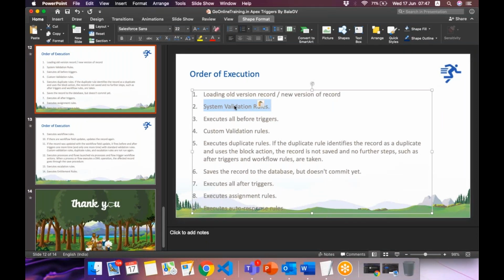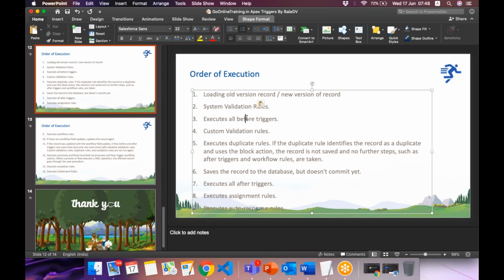So first system validations will execute, then before triggers will execute. Before triggers means in the triggers we see before and after, right? So all the before triggers will execute in step 3. That's why it's not suggested to create a new record in before triggers.